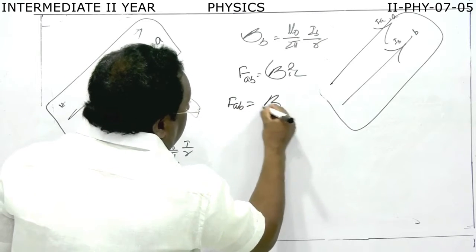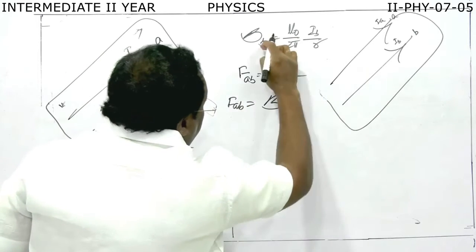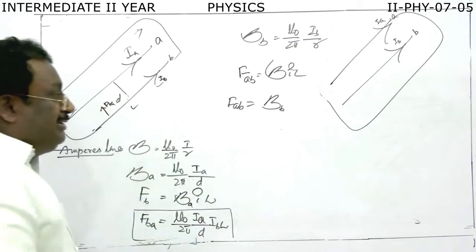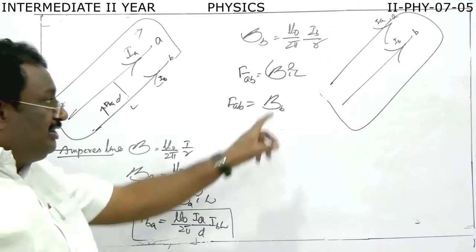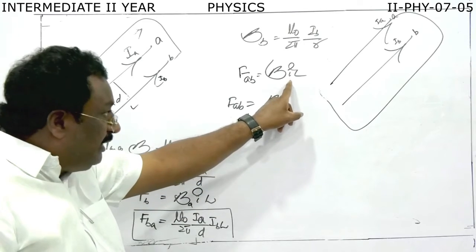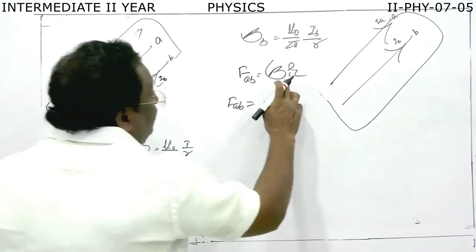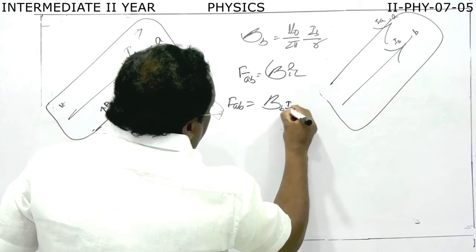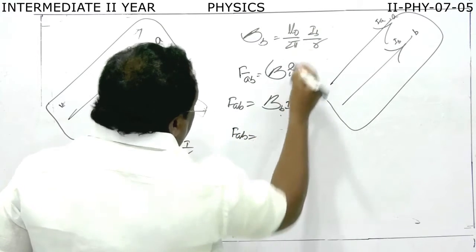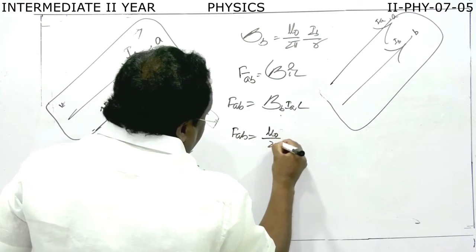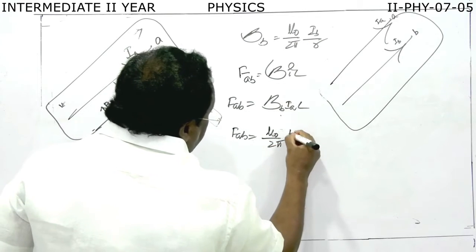B is equal to what? BB. BB means the magnetic field produced by the conductor B. Now this is the force on A. So we take the current in A, I is equal to what? IA. Now FAB is equal to the BB value, mu naught by 2 pi IB